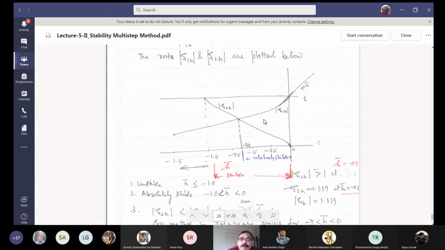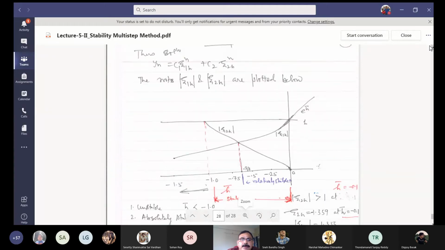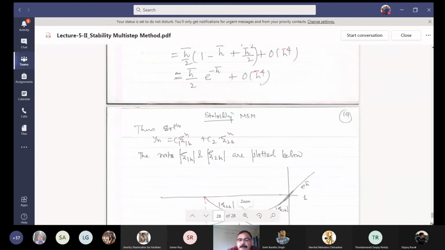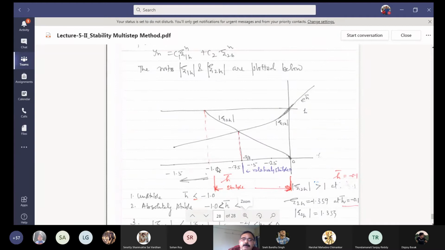This is your, the next solution is what? H bar by 2 e to power minus h bar. So its magnitude is drawn here for certain values we have just seen. Either you draw directly or you can take certain values and try to see how it is happening. Right? Now, there are 2-3 things which we have to see once the graph is available.